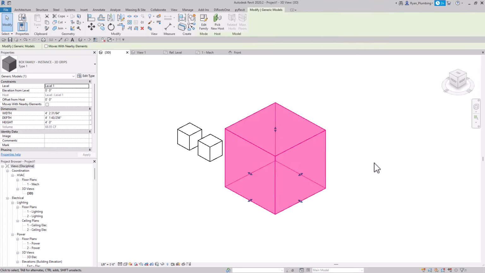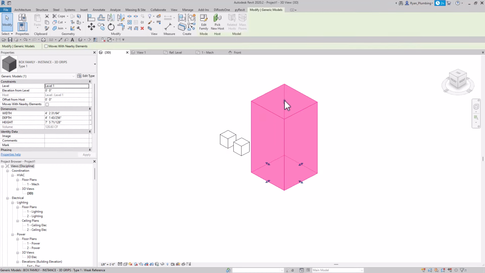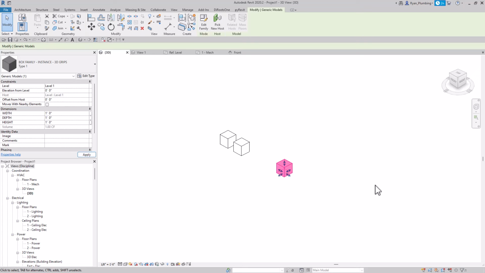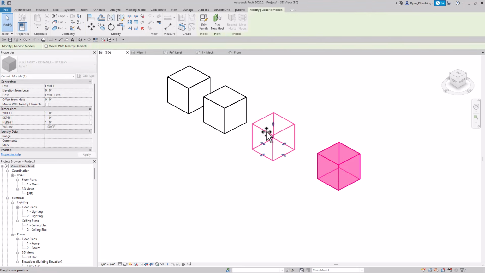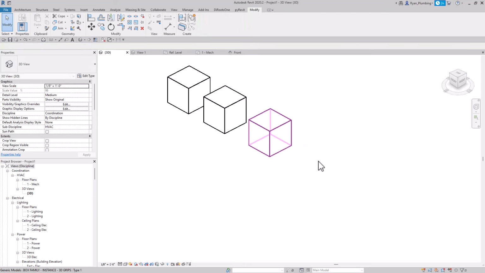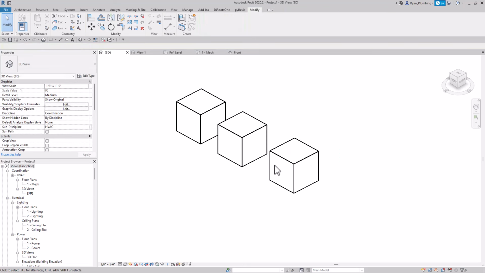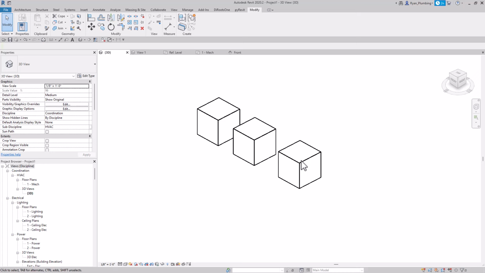For some reason that's not working. But now look at this. We have this new grip up here that we can use to control the height of our box, which is great. So now if we want to just set this thing back to 1 by 1 by 1, we can easily do it right here. And look at that. We have all of our little grips and everything is looking extremely good. Look at that. So we have our 3 little boxes, and I'm happy with this family,